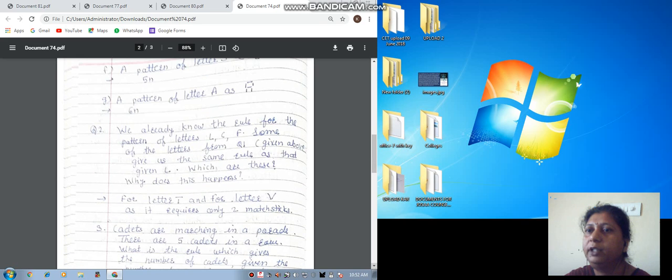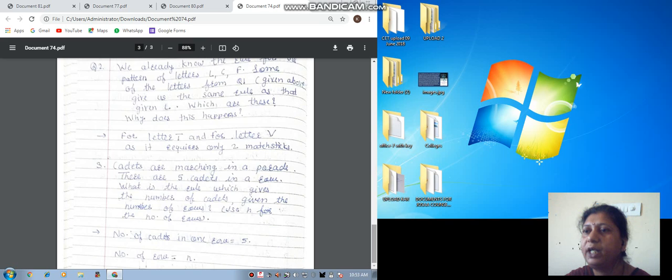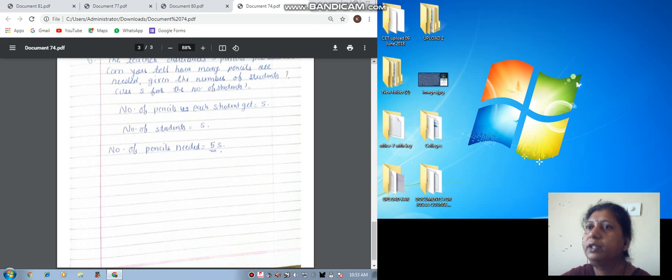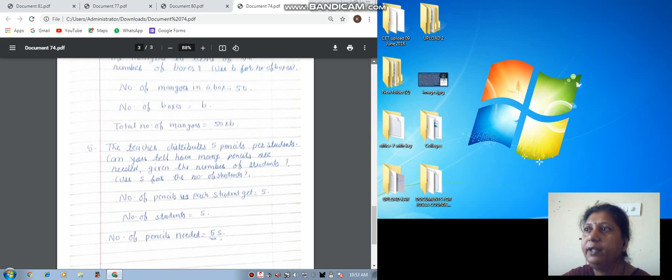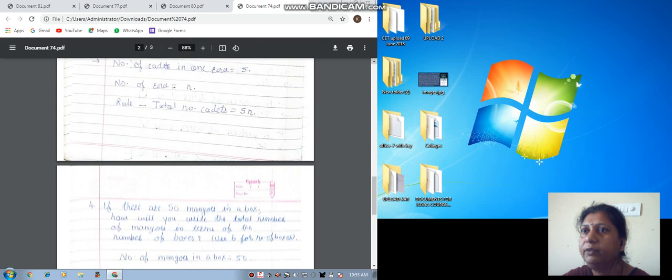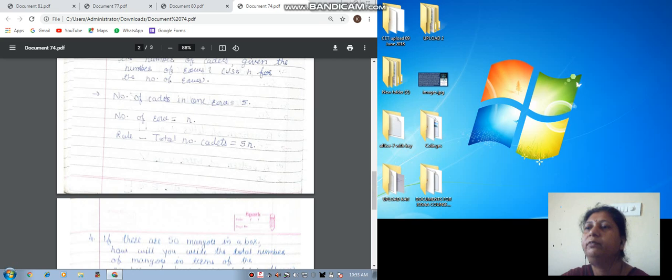Next, in the second question we see the letters which require the same number of matchsticks. The third example is about the cadets who are present and form lines, with a number of students in one row, and then we can calculate the number of cadets, that means the number of students. See here, the number of cadets in one row is 5. The number of rows is n. So the rule is number of cadets is equal to 5 into n. Now next,